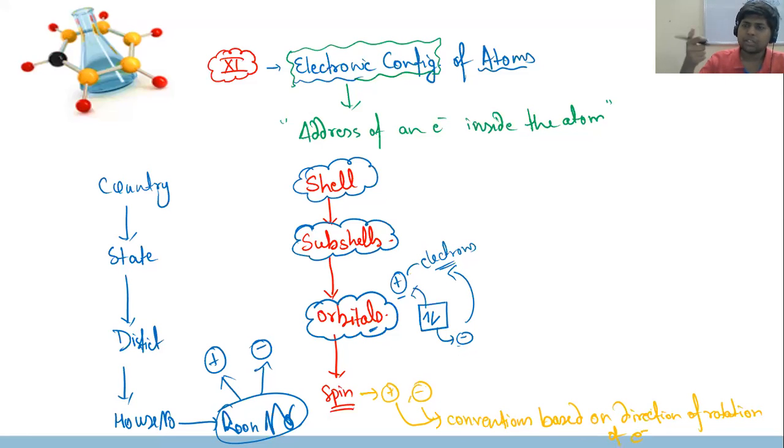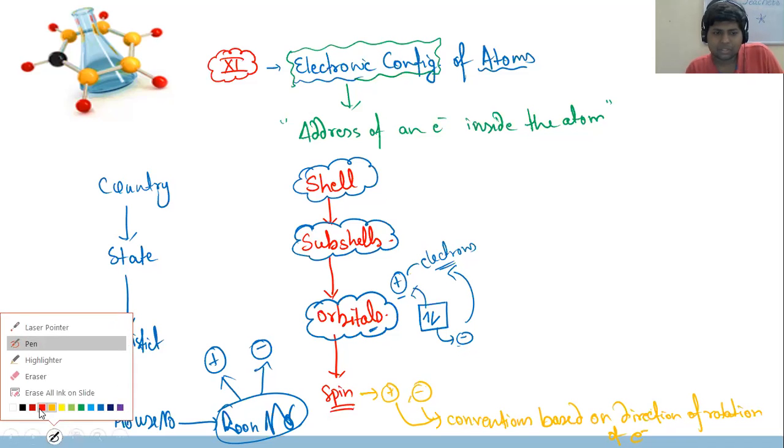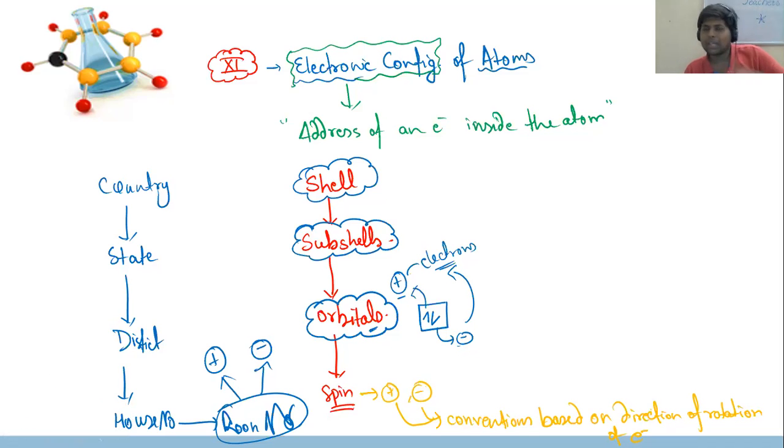Let us say if one electron is rotating clockwise, that can be termed as positive. In that case, the other one rotating anti-clockwise will be termed as negative. Or vice versa: if clockwise is assigned negative, anti-clockwise will be assigned positive. So it is a kind of relative thing. It is not absolute that clockwise must be positive and anti-clockwise negative. Depending on what is clockwise, the other will be defined. Is it clear? Yes, sir. Okay, so two electrons in the same orbital will spin in different, opposite directions.